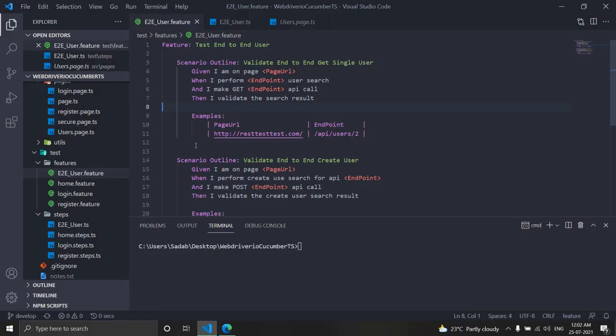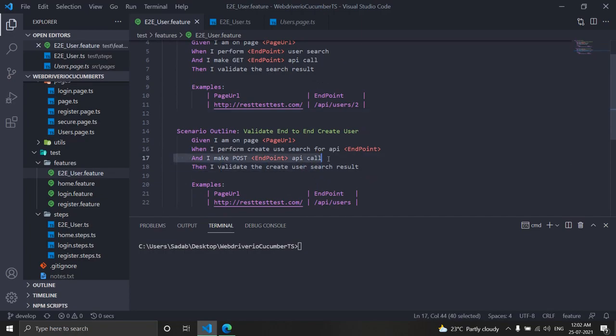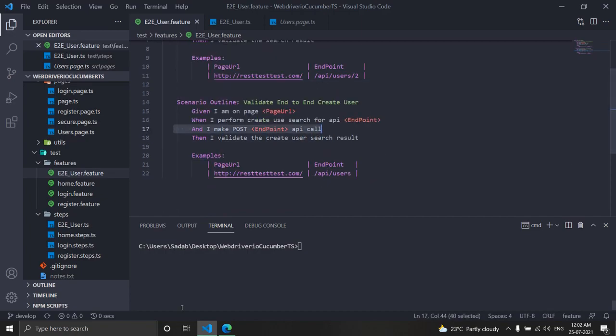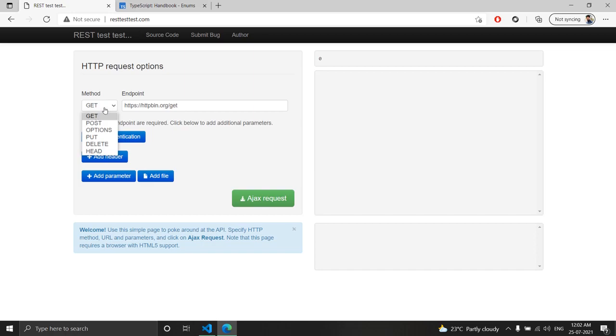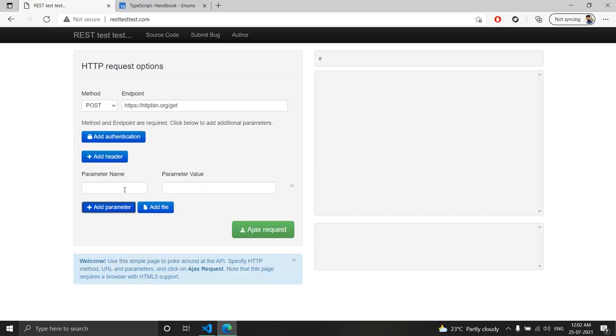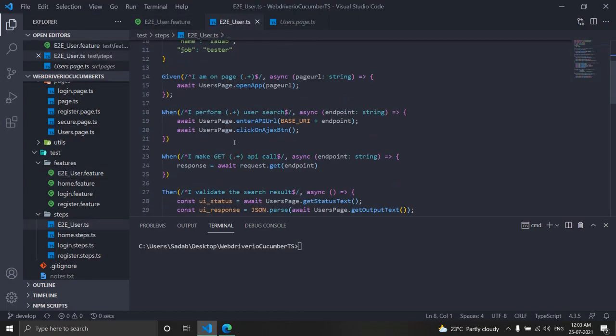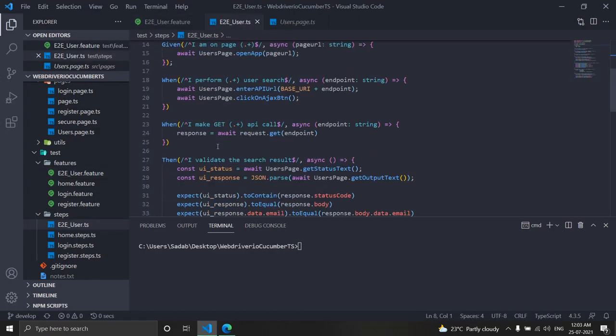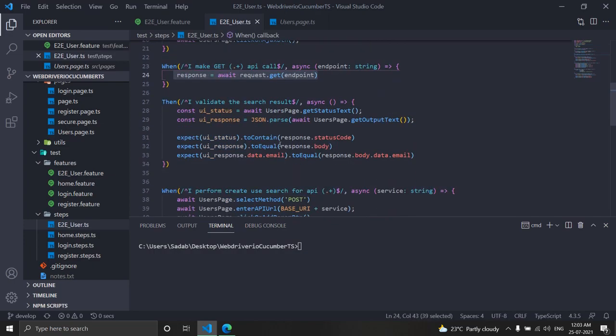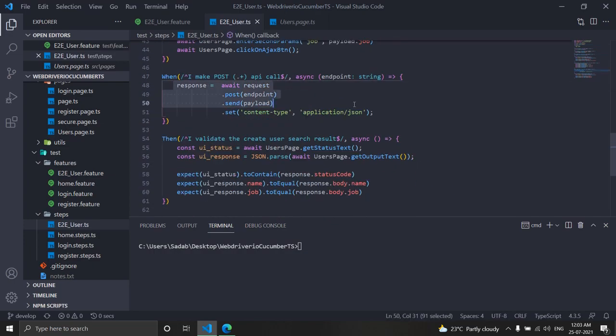And then we saw an example of a POST call as well, where we performed some operation here. We selected this drop-down with the post option. We added some parameter in this input box. We clicked on the button, we retrieved the text, and then we made a POST API call and we validated the data. So if you see here, we have code for GET and we have code for POST. So this is what we did in the last video.